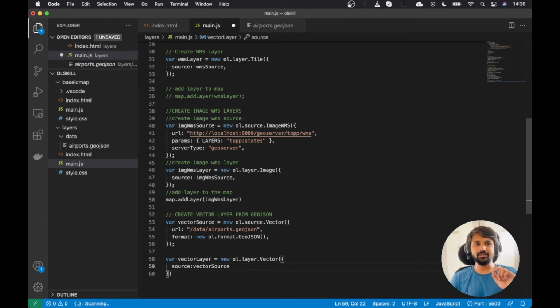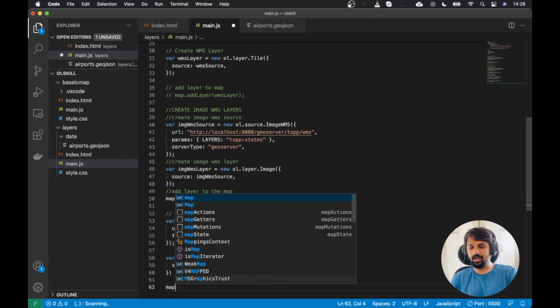In the earlier example, we were using the tile or image WMS where the GeoServer was taking care of the styling. But now we just have the raw data. We have to take care of styling inside OpenLayers. If I add this layer right now to my map, it will still work because OpenLayers has some default styling available to it. First, we will load the data with the basic styling and then we will see how exactly we can also play with the styling. Finally, I will simply add this data to the map.